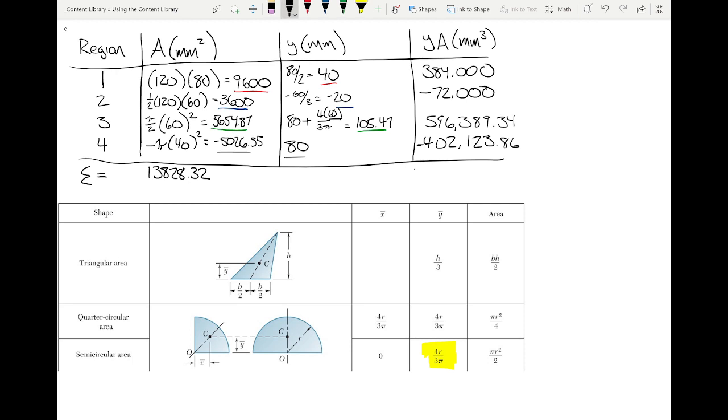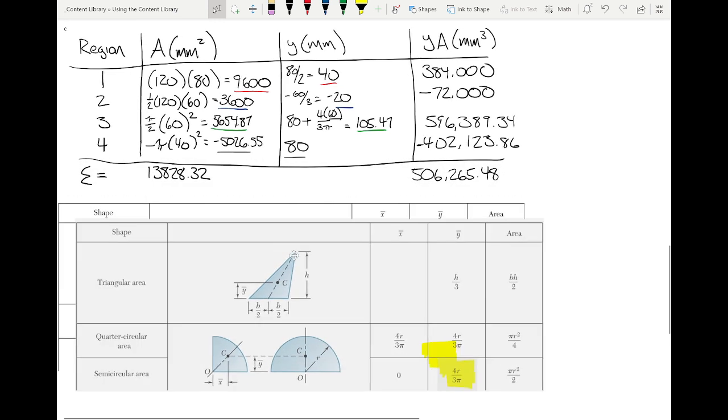So 506,265. Somebody say that's better. I'm just going to put it at one decimal place. What do you think about that? No, I've got to leave it at 2. All right. So now what we can do is